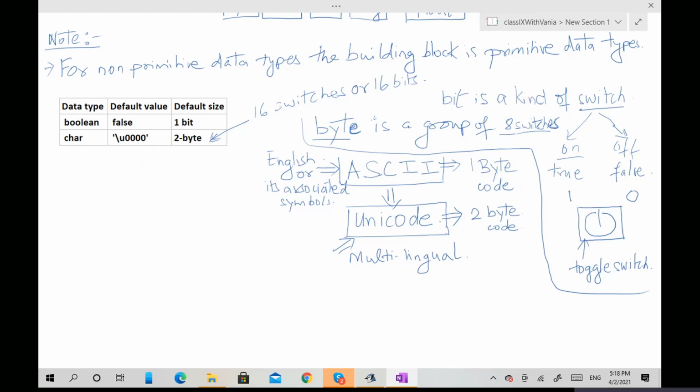It supports all the languages because it has more symbols than ASCII. ASCII has fewer symbols because it is only 1 byte code, but Unicode supports more symbols because it has 2 byte code. It supports around 65,536 symbols.